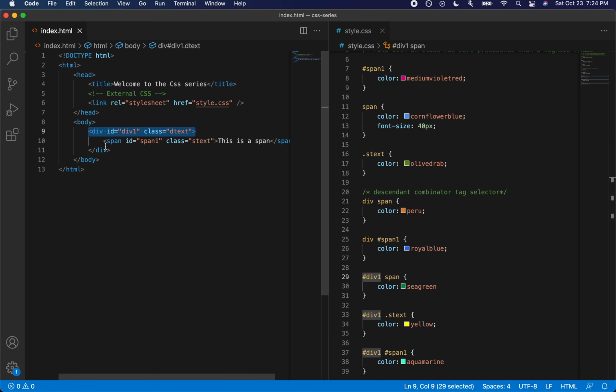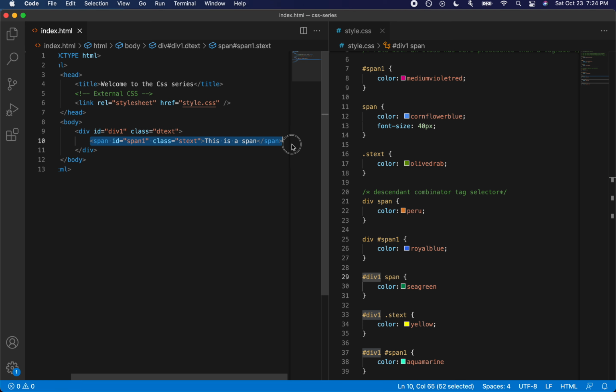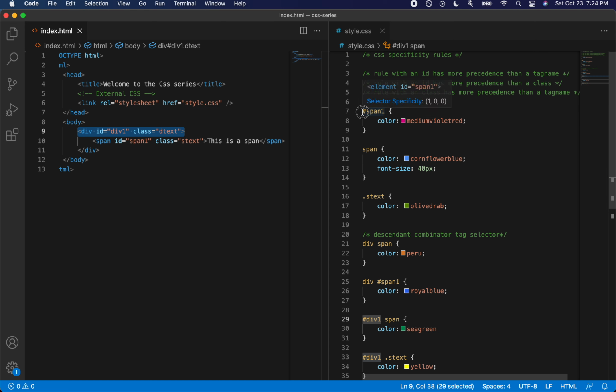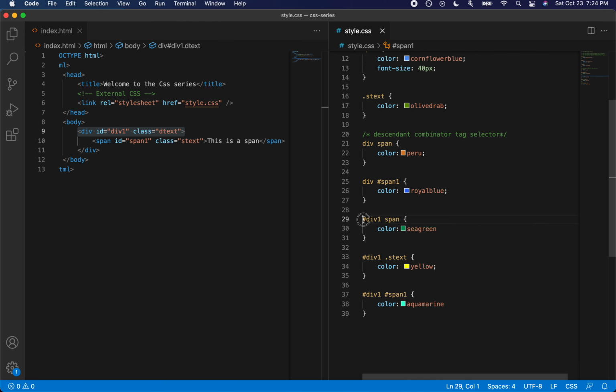When we compare directly adding an ID on this versus a selector with an ID of its parent, the selector with an ID of its parent has higher precedence. That's why we were able to override this style with any of these styles, because the parent has the ID selector.